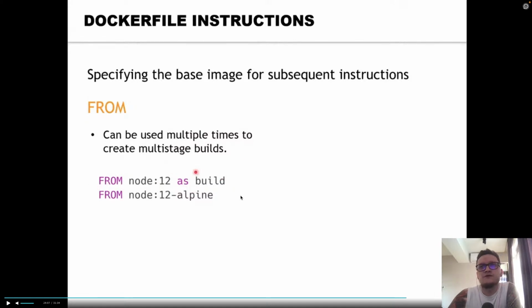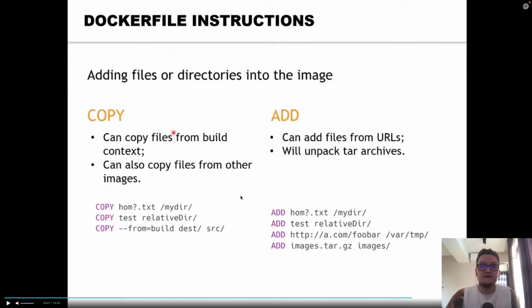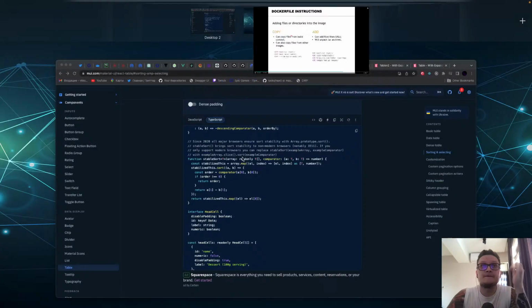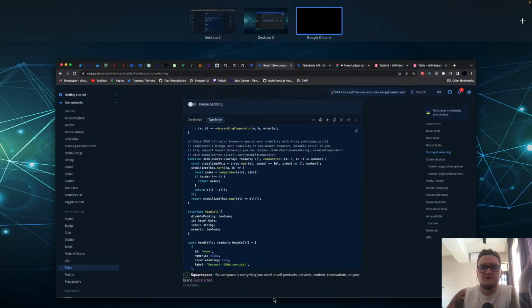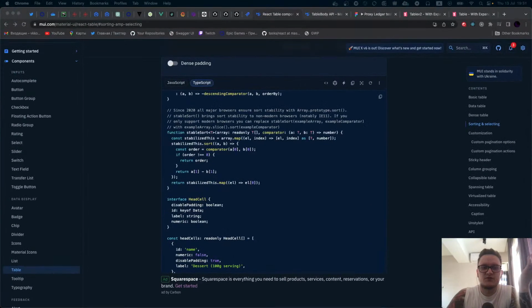The FROM command gives us the opportunity to take our base image. On top of it, we copy our files from our directory inside the container. That's how COPY works. Usually people use COPY because ADD can add files from URLs, which is pretty cool, but it will also impact our archives, and sometimes you don't need this. So inside Docker files, people usually use COPY because it copies your files directly into your Docker.